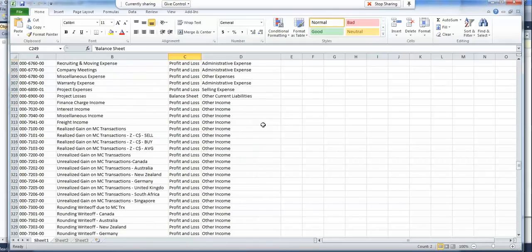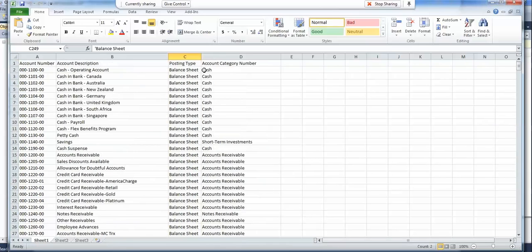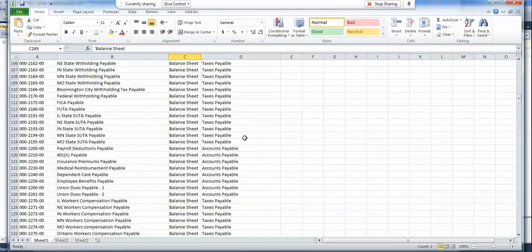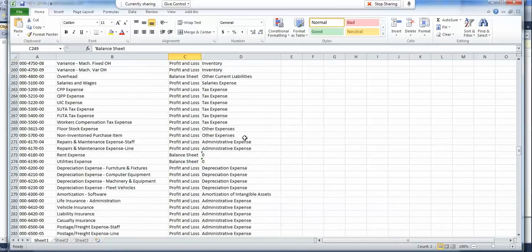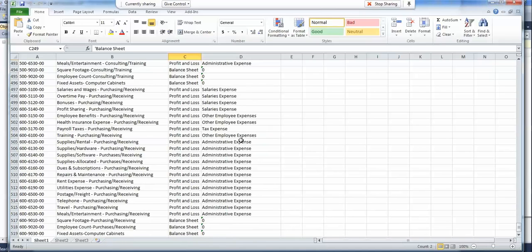Have somebody else go back and give it an eyeball, completely ignoring the first two columns, and look at the posting type and the category. Look for something that doesn't make sense. Go through this two or three different ways if you can. It really is